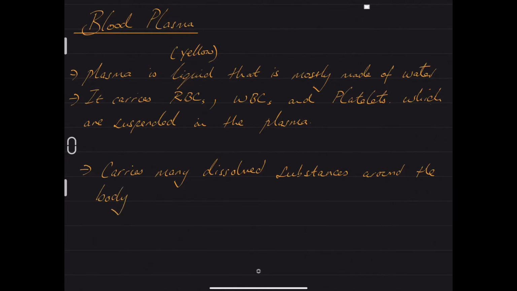Now this is possible because of the water content of the plasma. The dissolved substances in blood plasma can be seen as three main components that you will need to remember. The first one we say is waste carbon dioxide,